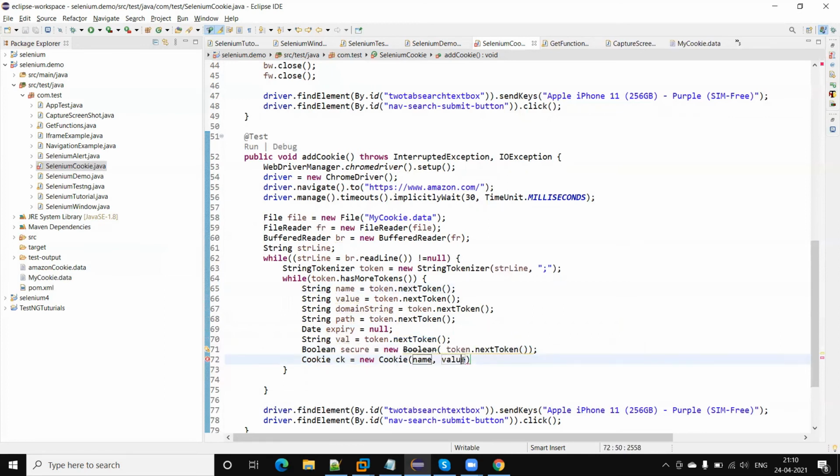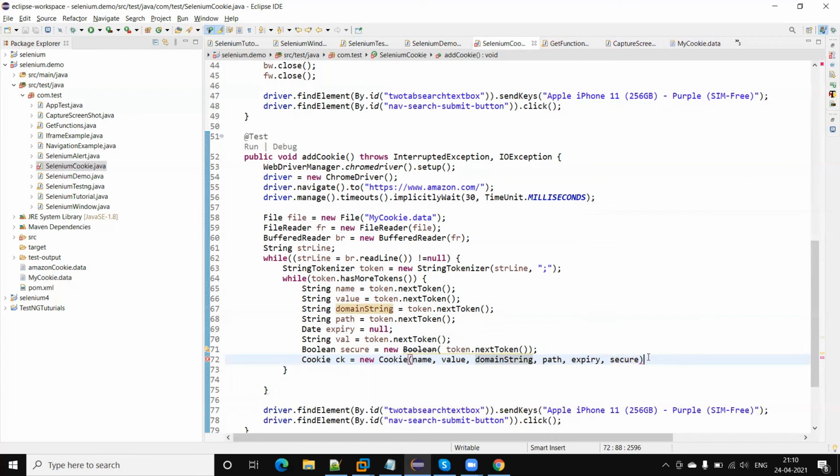Name, value, domain name, and then path, expiry date, secure. So this information I need to store.